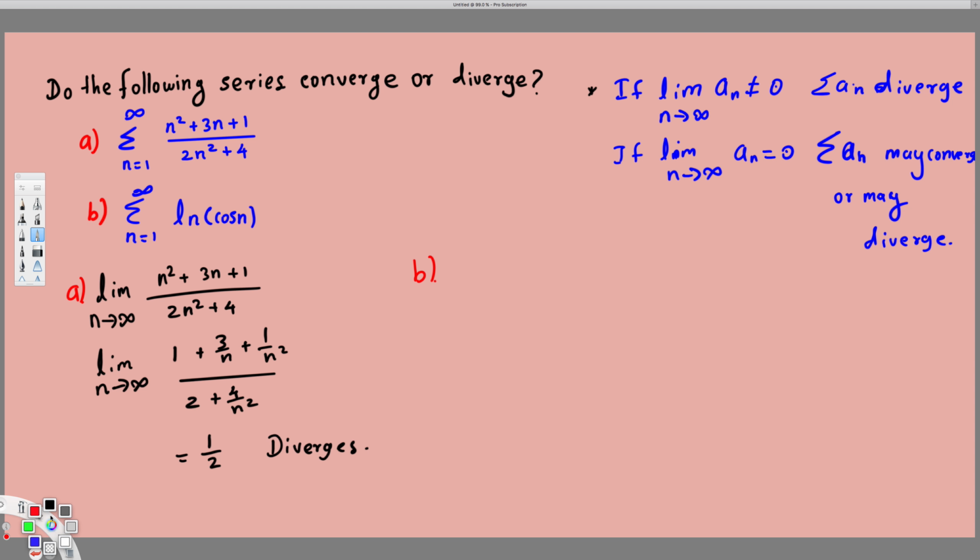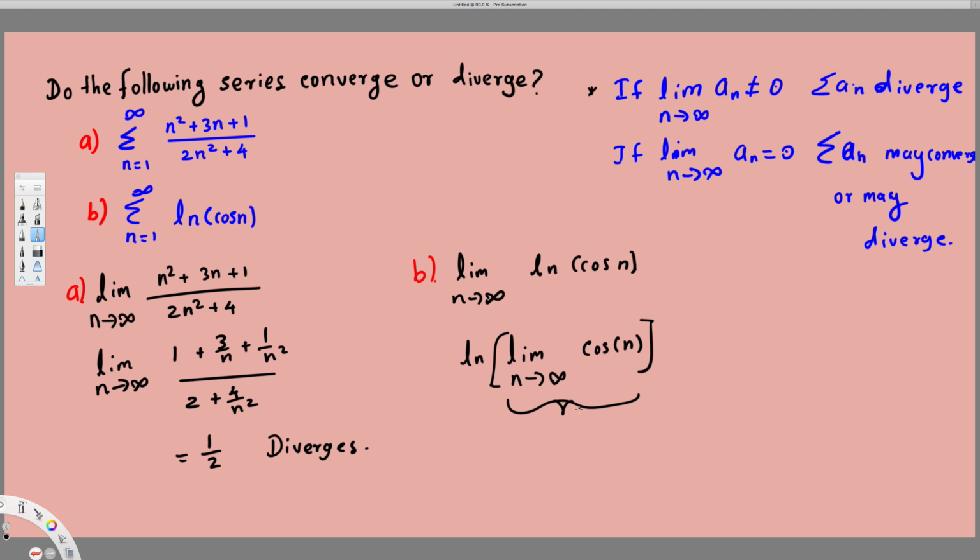B part, if I take the limit as n approaches infinity of ln cos n. Let's take the ln to the front, because ln is a constant, so we can take ln to the front. Ln of the limit as n approaches infinity of cos n. Cos infinity does not exist, so we can say this value